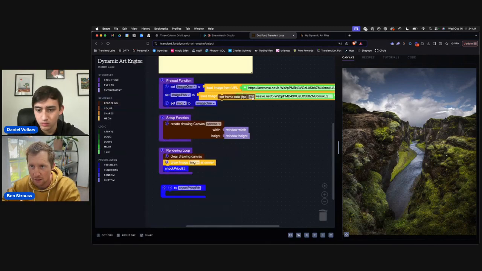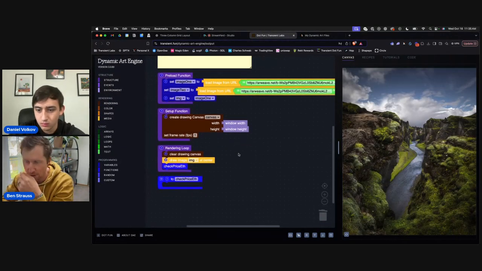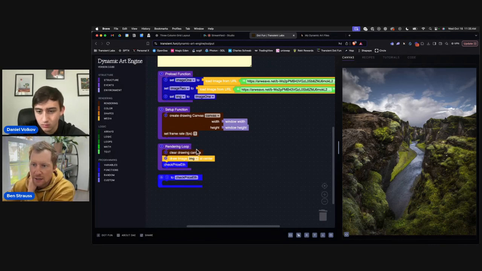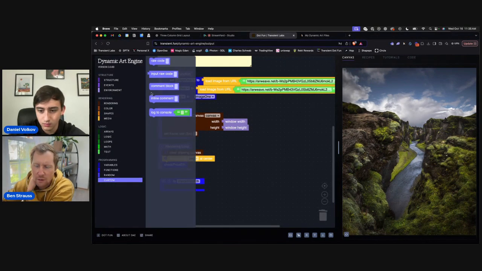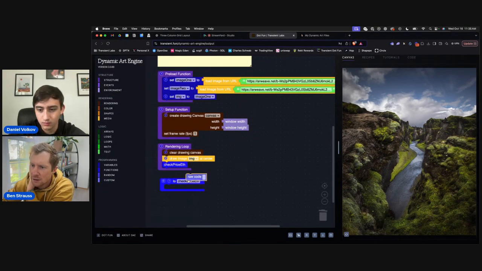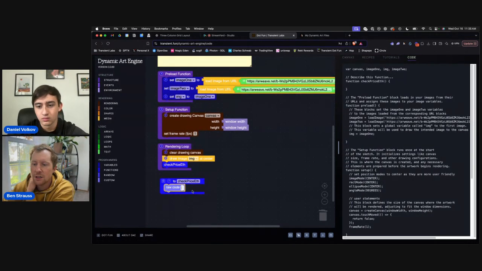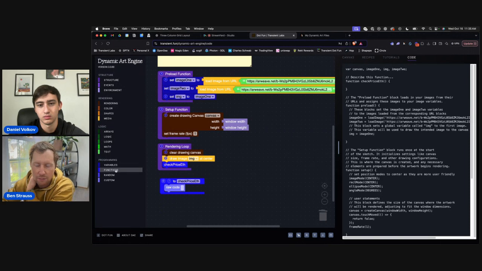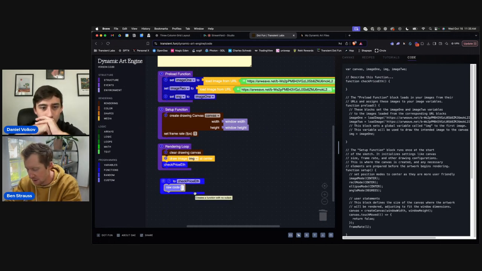Fun fact. You can change that rate actually by putting in this block called set frame rate, where maybe I just want it to run once a second because that's more practical. So now this is running and checking once a second. So I have this custom function now called check ETH price, and we put a special block all the way down in custom called raw code. And the whole point of this is for users who want to inject code that is not represented by a block yet. And so you can see here, look at that. Here's my check ETH price function. If I type stuff in here,